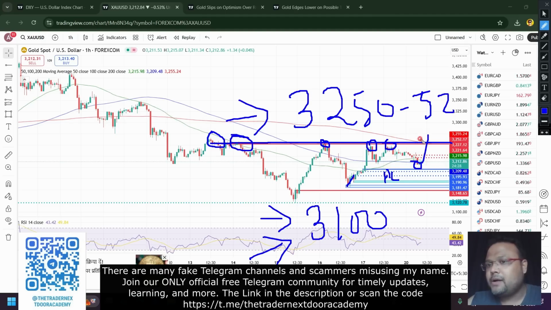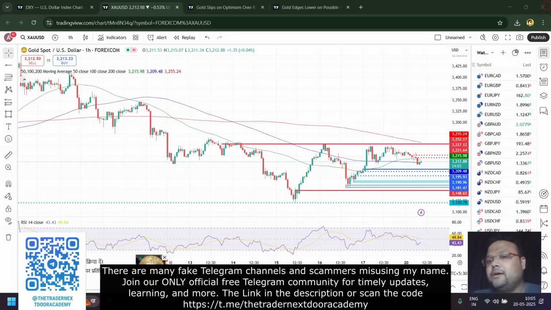So next time if market goes up, there is a possibility that market will be able to break the 3250, 3252 area. So during the US session, if we see a breakout above the 3250, 3252 area, we can look for a buy above it if you see that market is going up with a big green candle. Otherwise, just avoid. And chances of market going below 3100 are very less, because at this moment while recording the video, I do not see any possibility of market going below 3100.